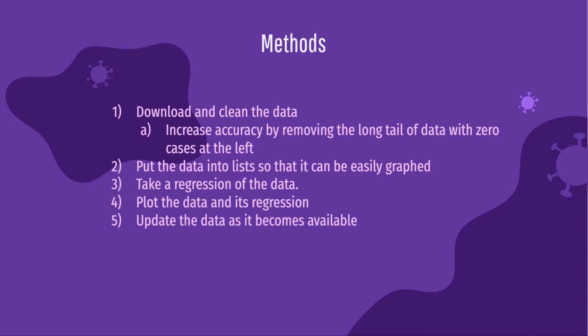In this project, we wanted to model the COVID 19 virus outbreak and determine the maximum number of cases that would happen in our country. To do this, I began by downloading and cleaning the data and putting it into lists to be analyzed. Then I calculated the regression on the data for Chittenden County, for the state of Vermont, and for the country as a whole, and plotted the data and its regression. I also looked up some data on the spread of COVID 19 in England for comparison.